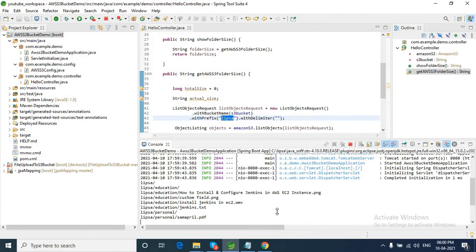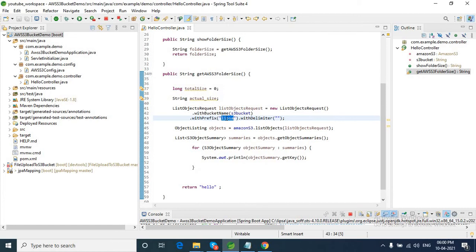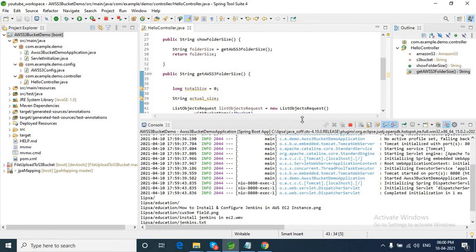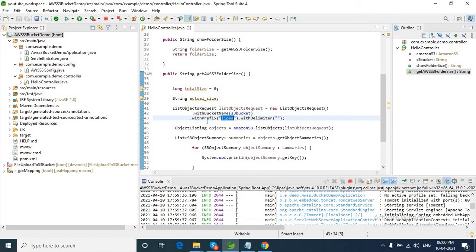Why? Because we set the prefix up to Lipsa and with the delimiter empty. We have not restricted any delimiter. Clear? So if I set any delimiter over here, then what happens? Let's check. So if I set the prefix with Lipsa and provide a delimiter like